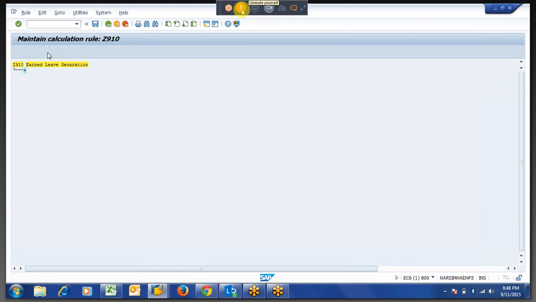Okay, let us say you want to bifurcate the rule. See, when you are creating, here is the create option. Here is the create button, so I am going to create. You will get only a single node. That is the default thing for the SAP PCR structure. So you will get a single node.